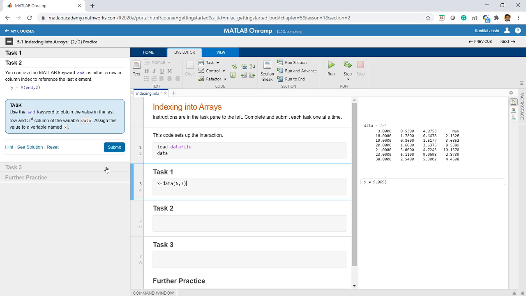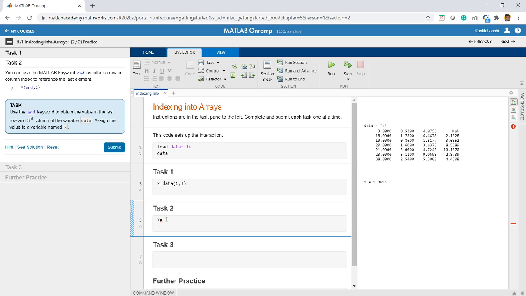You can use the MATLAB keyword end as either a row or a column index to refer to the last element. So y is equal to a in brackets end comma 2 means the last row, 2nd column. The task given to us is to use the end keyword to obtain the value in the last row and 3rd column of the variable data, and assign it to x. So last row and 3rd column.